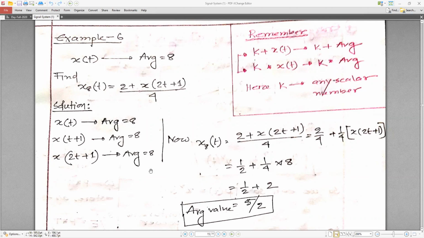K is any scalar number, not a vector. So x(t), if I look at x(t) average 8, so x(t) plus 1 average 8, and x(2t) plus 1 is also average 8. Now put this value, 2 plus x(2t) plus 1, so 2 by 4 plus 1 by 4, x into 2t plus,